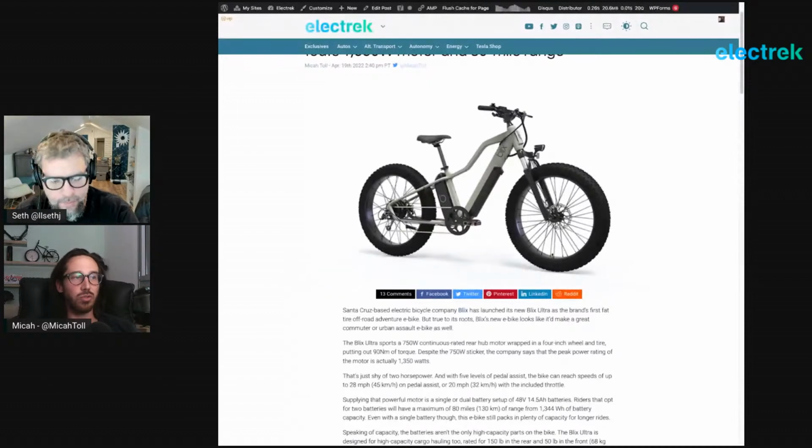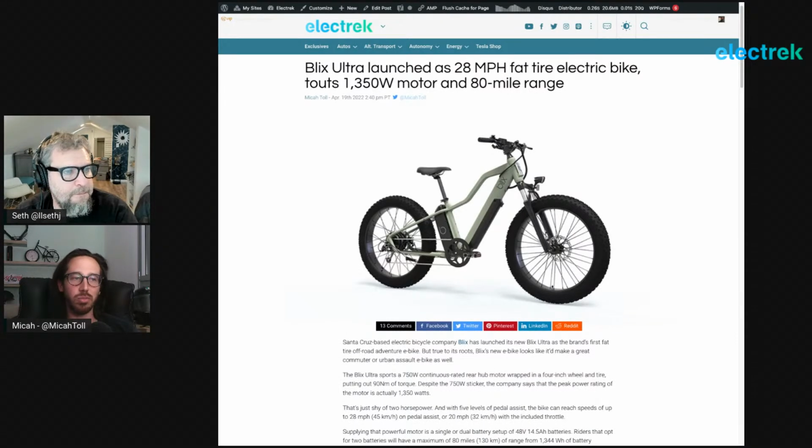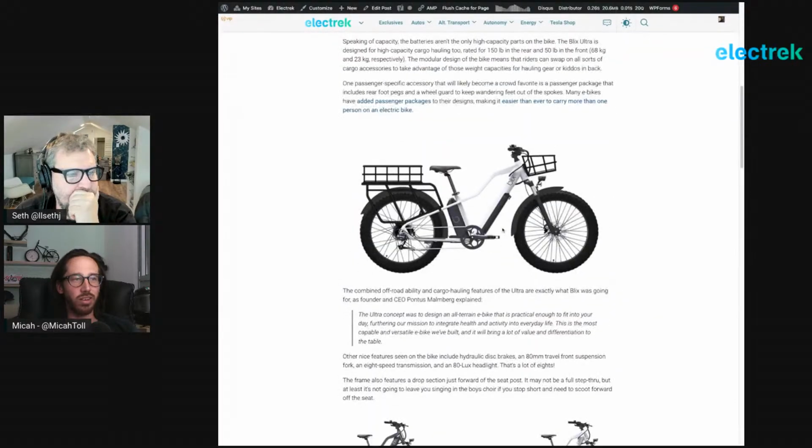Plus, it's got 90 Newton meters of torque, which is one of the higher torque hub motors out there. You can get higher with mid drives, but for a hub motor bike, that's 90 Newton meters. That's some serious torque. So the performance here is impressive. High power, long range with the 2 batteries, suspension, hydraulic disc brakes. And personally, I also love that frame, how it's got sort of that drop down in